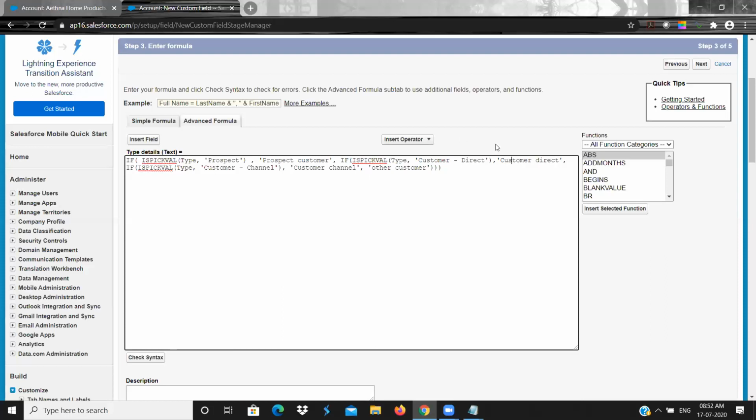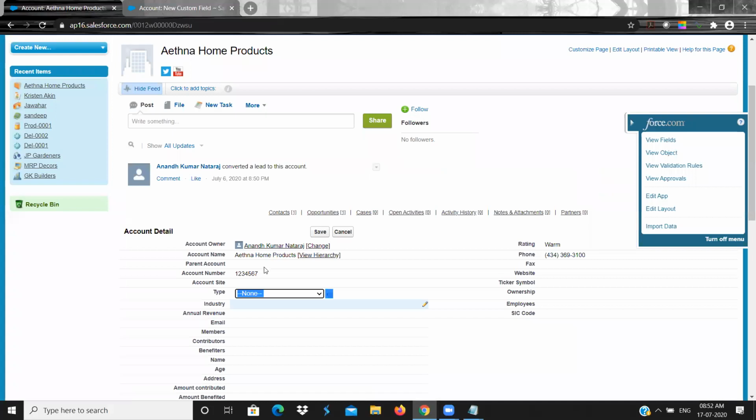If the type is not customer direct, it will check this condition: if the type is customer channel, it will display customer channel. If not, it will display other customers for any other drop down values.